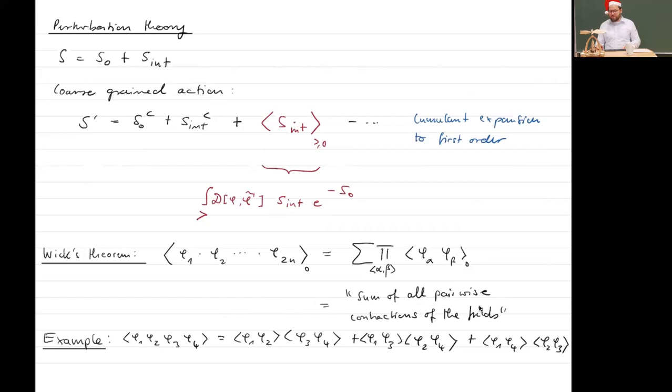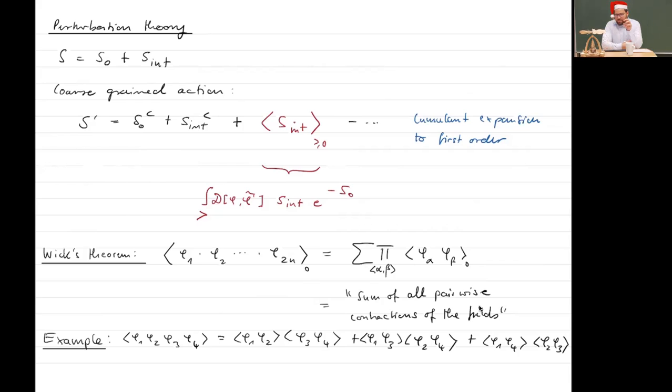The coarse grain step is difficult because we have to integrate over the momentum shell in this action, and this action has parts that are cubic in the fields that we don't know how to integrate. We know how to perform Gaussian integrals, second order terms in the fields, but we don't know how to integrate third order terms, higher order terms. Think also of statistical physics, the phi to the 4 term in the Ginzburg-Landau theory: we don't know how to integrate these things. So what we do